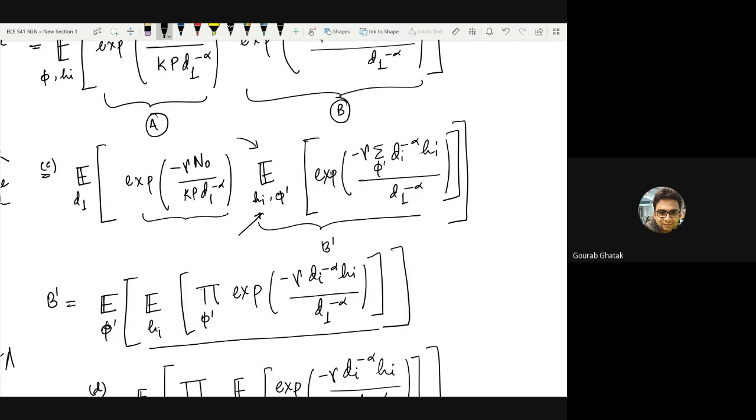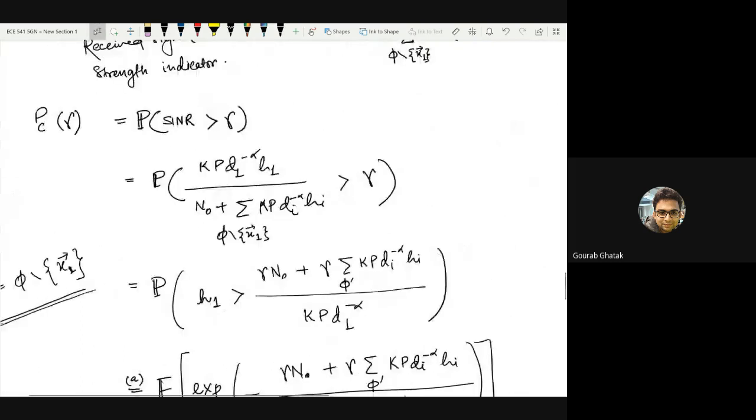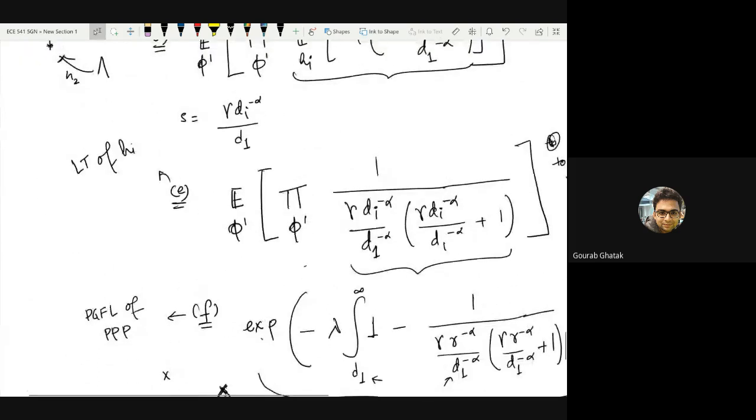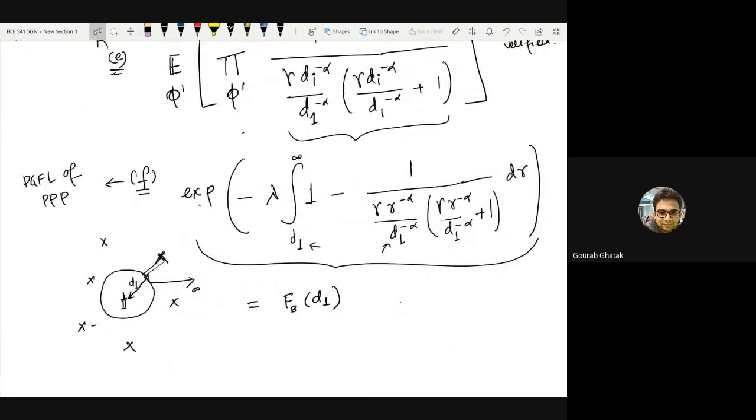We will also simulate a network and check how far our evaluation in these theoretical terms holds, which means we are actually evaluating a very complicated thing, which is the probability that a typical user gets an SINR greater than some gamma, right? So we have to check with simulations, which means we will generate realizations of this Poisson point process network and check how closely the expression that we have derived until now matches with the ground reality. Okay, for this development, until this step F, is everything comfortable?